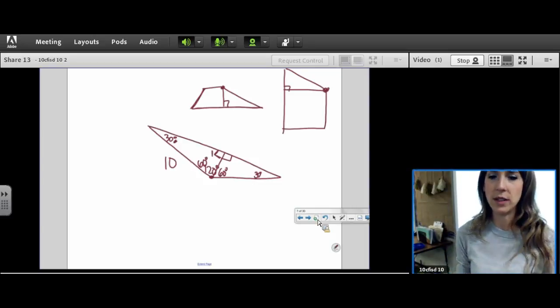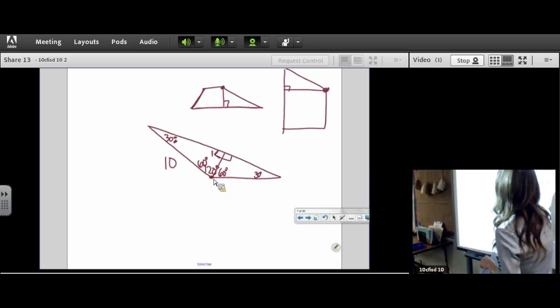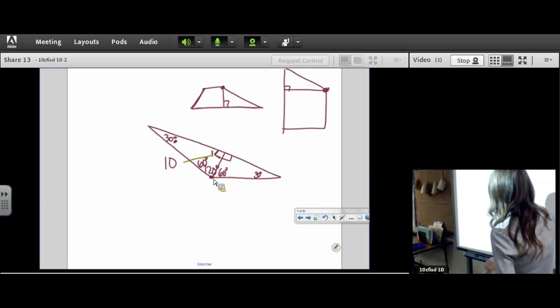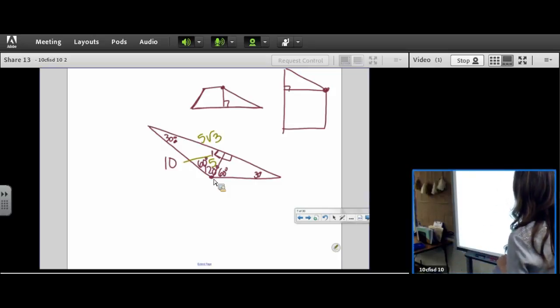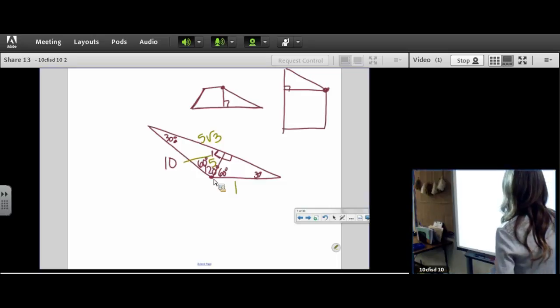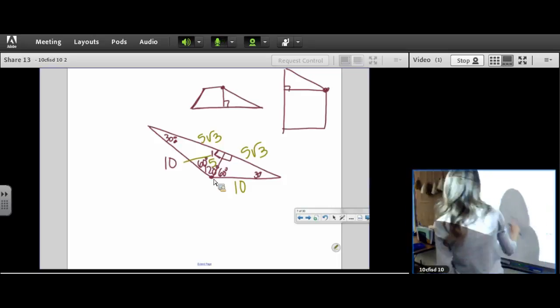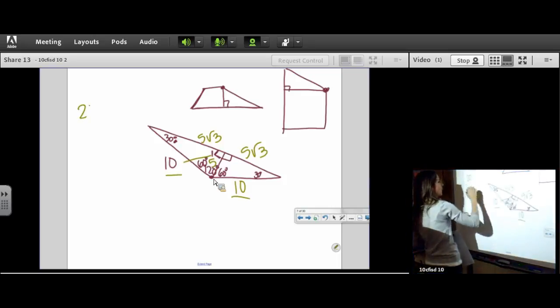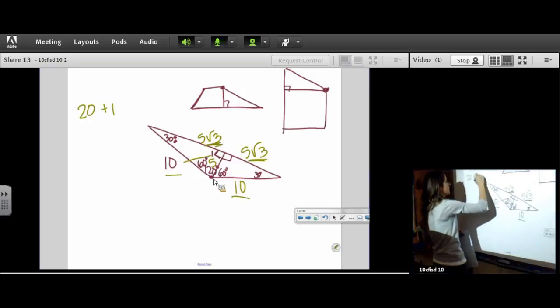Now we can totally solve this problem. That was the hard part. I'm going to do the rest of it very quickly. 10 is across from 90, so we've got 5 root 3. This is symmetrical because we bisected the angle, so 10, 5 root 3. Perimeter time. Add up all the integers: 10 and 10, 20. Add up all of the root 3s: 5 plus 5, 10 root